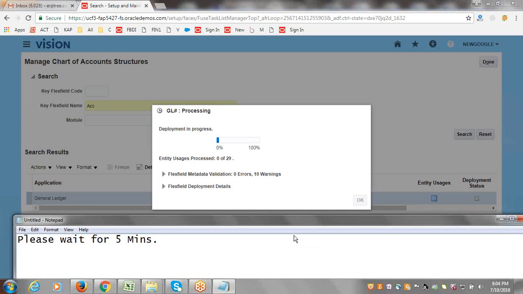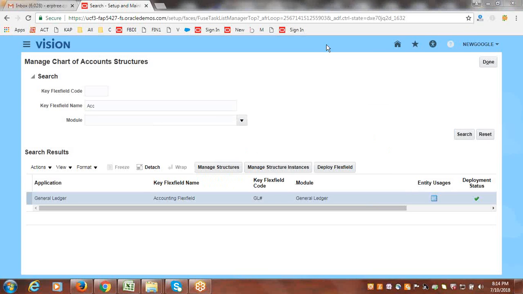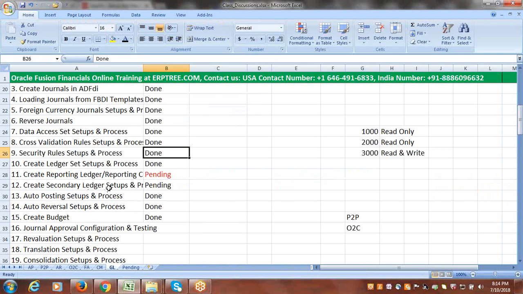Okay, so meantime I'll stop the recording also. Instead of recording this processing time, I'll stop it. So now we could see the confirmation, say okay. Now we'll have access to all the balance and segment values from any user. Okay, now it's quite normal, as we defined by default, with the privileges we have. So that's all about